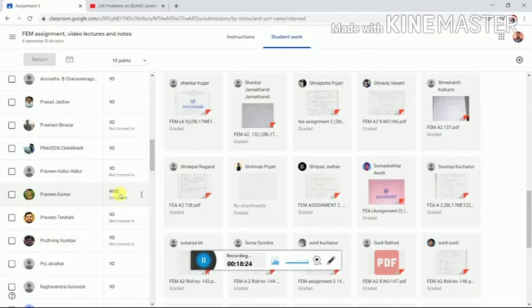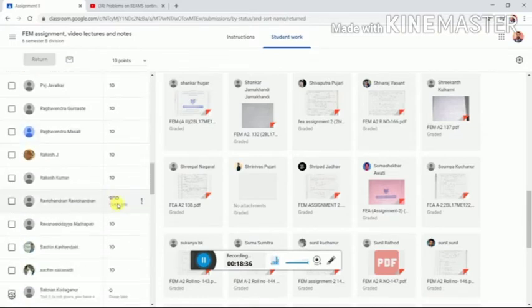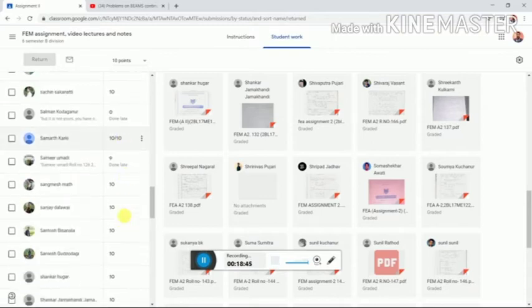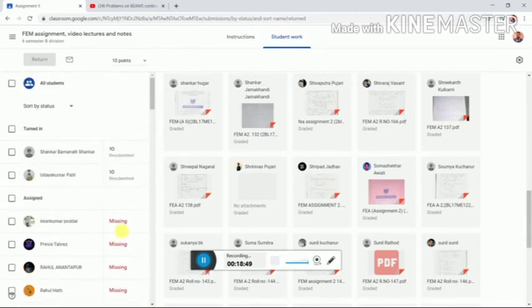Based on that, I can cut some marks. I can give a lesser grade to that student. Out of 10, I have given 9 because it has been done late, so I have cut 1 mark. Like this, you will come to know who has done late. For example, see here, this student has also done the submission late. Okay. Like this, we can evaluate this, and once we evaluate this, all will be saved here.